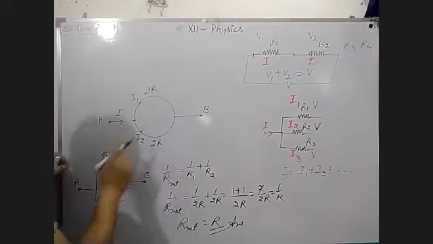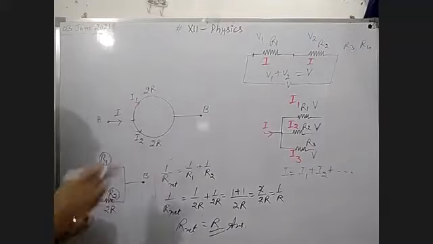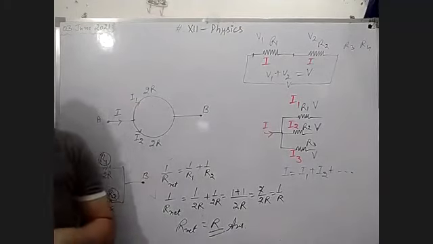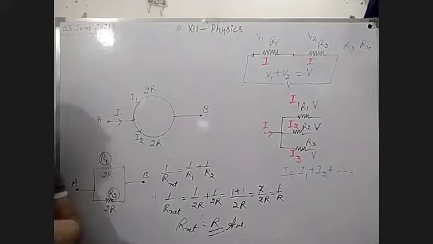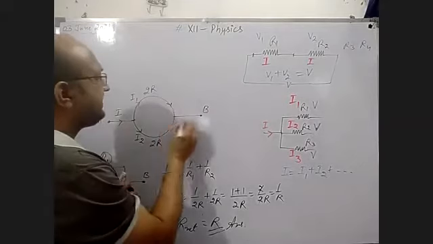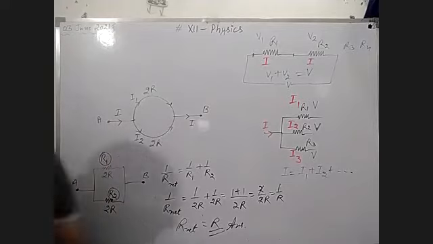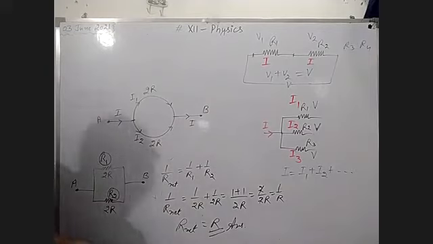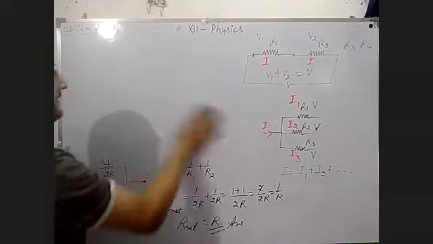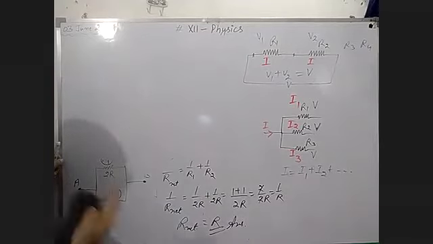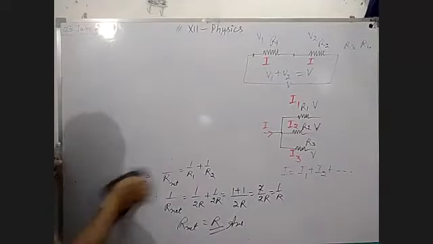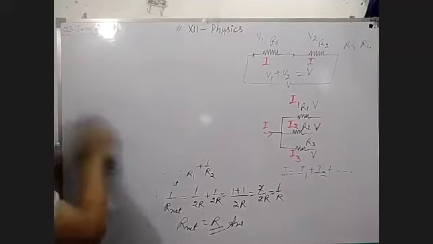So this type of numerical will come in this way also in your board examination. So this is the new thing for you. And after that, you can see again, after adding I1 and I2 at this point, you can get I again. Okay. So in case of a circular ring, it may come in the board examination. Remember this thing. This is the numerical for class 10, but the above numericals give you the feeling of +2 standard.